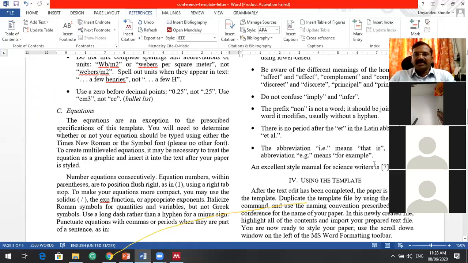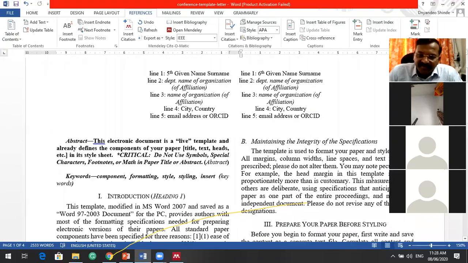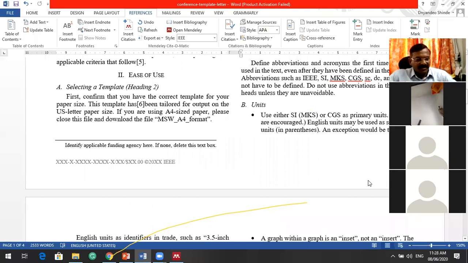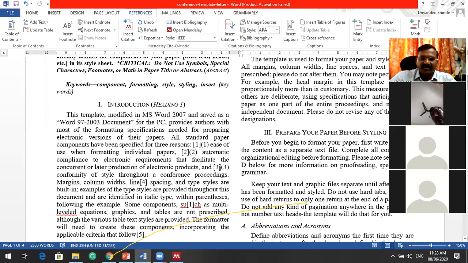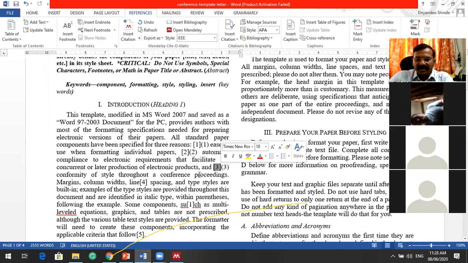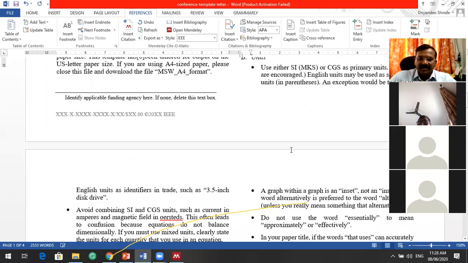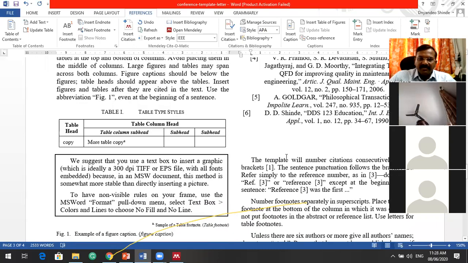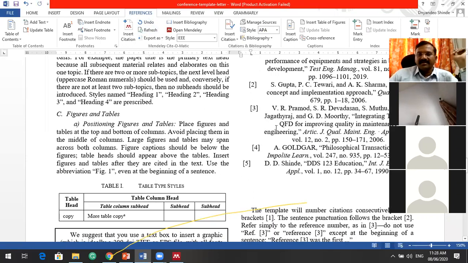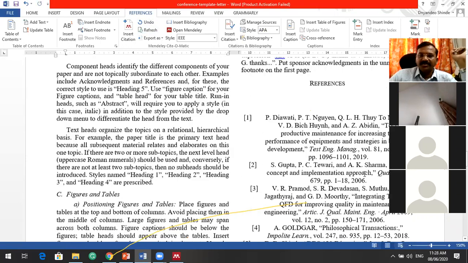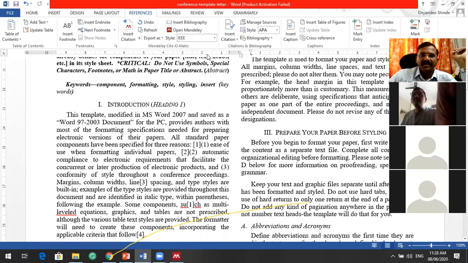So this is how we can use it very effectively, and we don't have the headache of organizing or renumbering things up and down, even if we add a reference afterwards, or even if I delete some particular reference. So now if I want to delete reference number 3 from here, I will just select it and delete it, and then if I check my bibliography, if it is not changed, just refresh it, and you can see that it is managed. So this is how we can effectively use the Mendeley software.